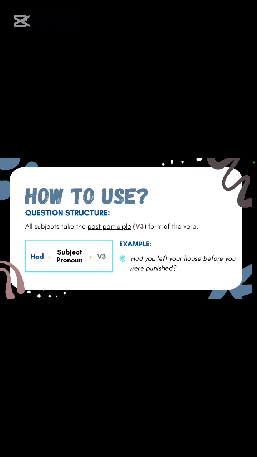How to use question structure. All subjects take the past participle form of the verb. The structure is